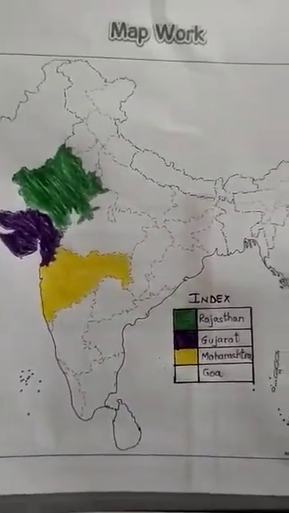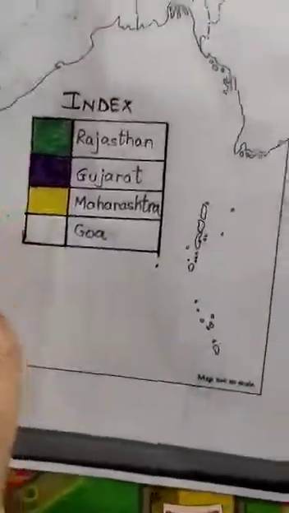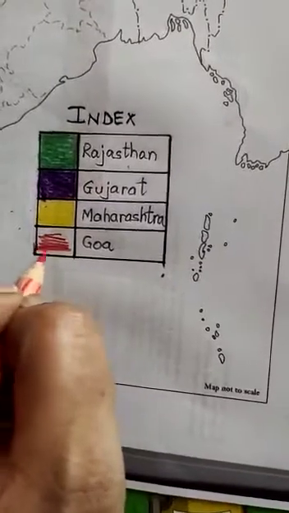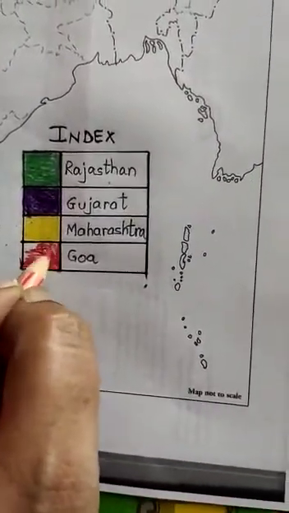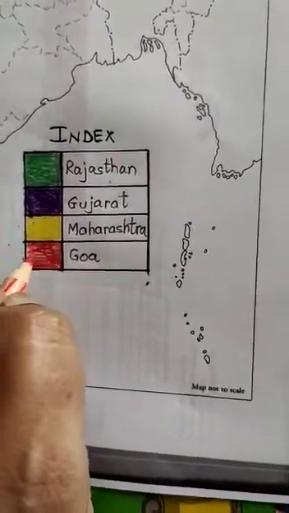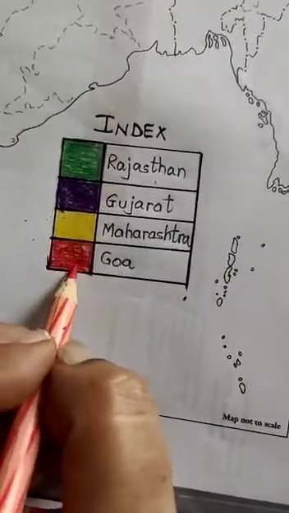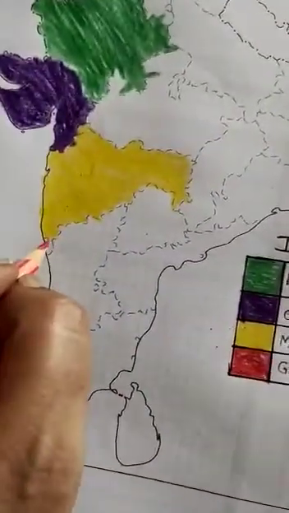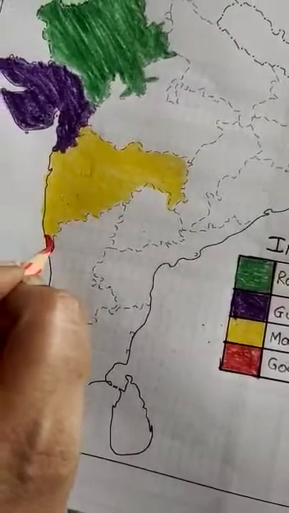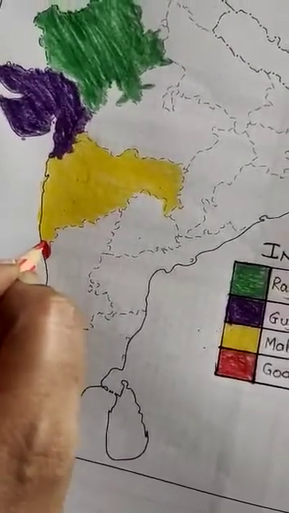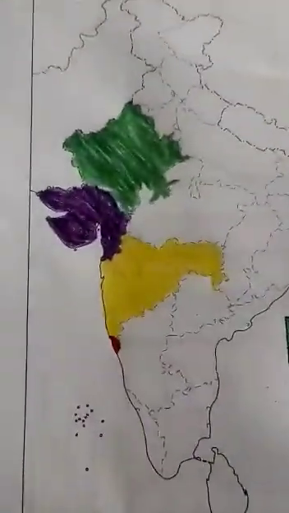See. Right? And the last one, that is Goa. Right? So I've taken the red color. You can use any color. Not necessary. Ma'am has used these 4 colors, so we should also use the same colors. But make sure the color which is used for Goa, if I've used red here, the same red color I will use to mark Goa over here right below Maharashtra. See, this is Goa. Okay, and I colored Goa like this.